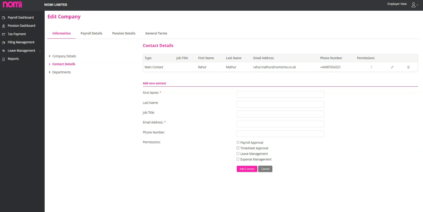Then timesheet approval is there, so we can request the timekeeping data from them. They can update that information as well. Then we have the leave management. Under leave management, the employees can apply for leaves because employees also get a portal access in Nomi. Through the employee portal, they can view their pay slips, their personal information. They can apply for leaves and apply for expenses, and they can also check the leave balances. Once they apply for a leave, the employer can then approve that leave, and that gets updated into the